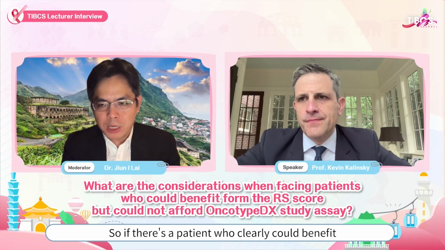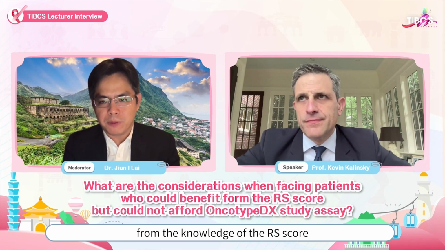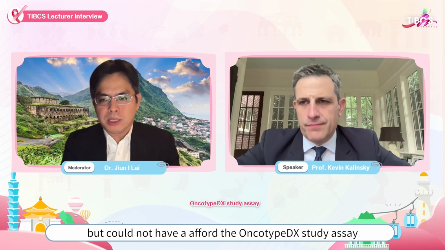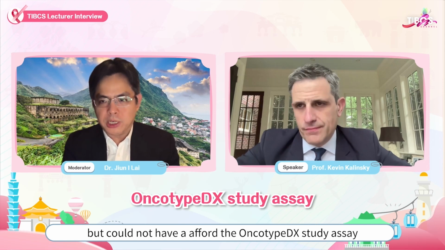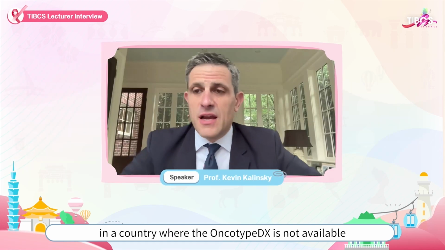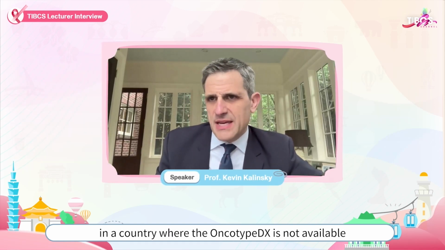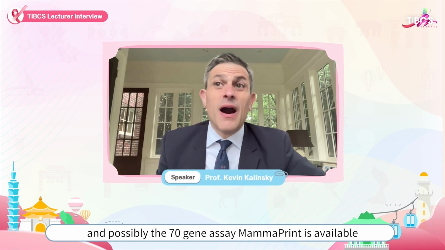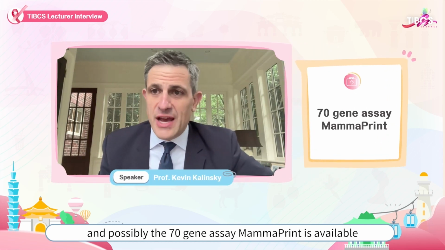So if there's a patient who clearly could benefit from the knowledge of the recurrence score, but could not afford the Oncotype DX assay, how would you guide your decision making? If one is in a country where the Oncotype DX is not available and possibly the 70-gene assay MammaPrint